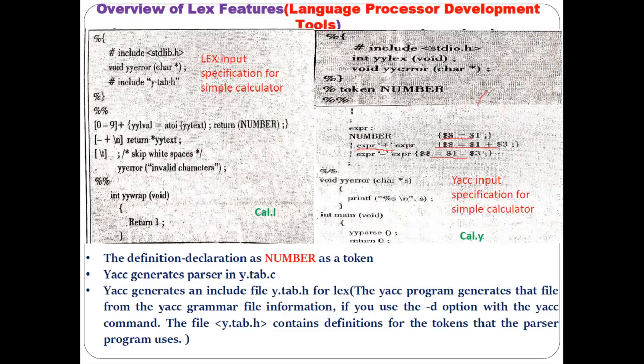Understood? So if you write the expression like 2 minus 3, then it will get matched with the rule expression minus expression. Understood? And what action will be performed? $$ = $1 - $3. Understood? And when this rule comes into the picture, now suppose the input is 2 plus 3. Okay, so its result will be 5.